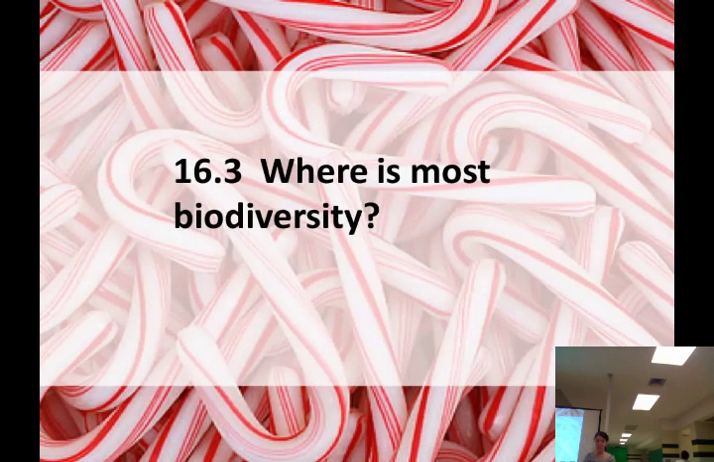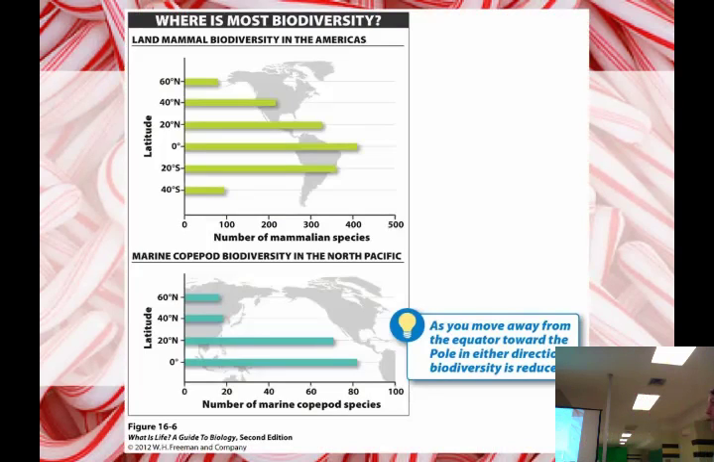Where do we have the most biodiversity? We're going to find most of our biodiversity near the equator. So if we look at the places where we can find the land mammal biodiversity, we can find that in a lot of different latitudes. But if we look at marine copepod diversity, copepod is